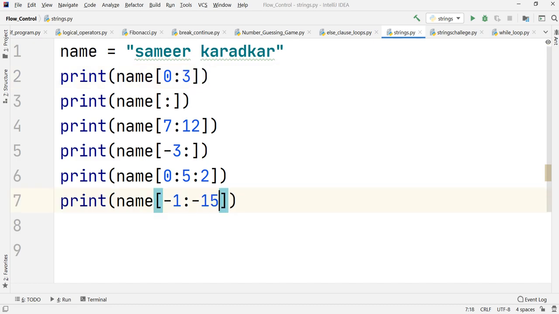So I can span from -1 to -15, and I'll have to specify the step. This is very, very important. Unless and until you specify the step over there, it is not possible to traverse in reverse order. So I'll have to specify the step as -1. Then only it will go from this particular -1 up to this particular last value.